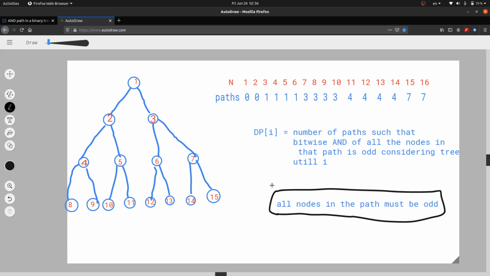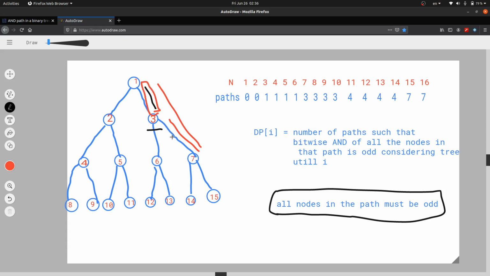Suppose that we are finding the answer for n equals 3. For n equals 3 there is only one path. For n equals 7 there are 3 paths, including this path.